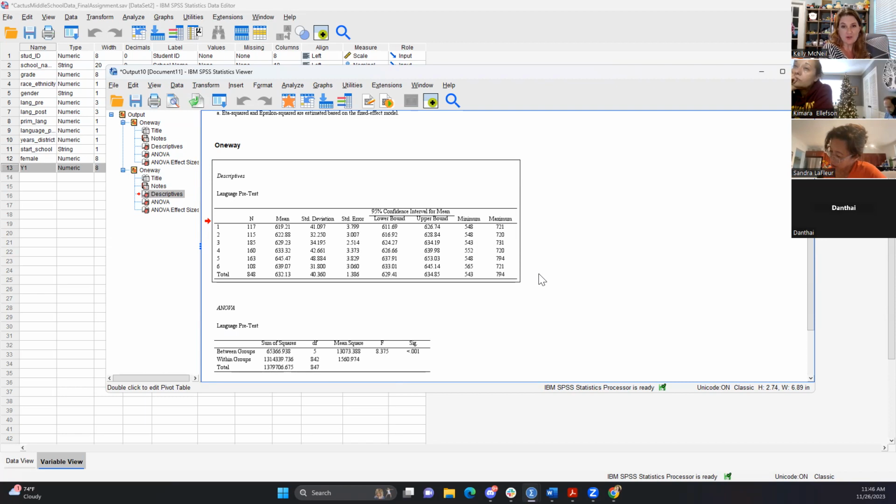But we all assume that years in the district, and they even made a claim to it within our context, that years in the district affects how well you're going to do. I just find it interesting that between year 5 and 6, there's somehow this anomaly of the year 5s performing better than the year 6s.